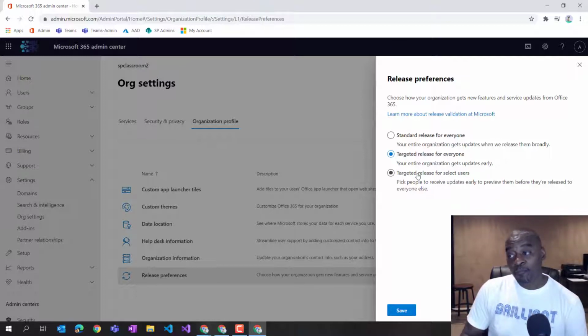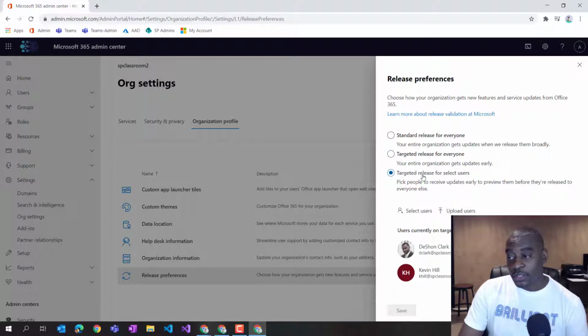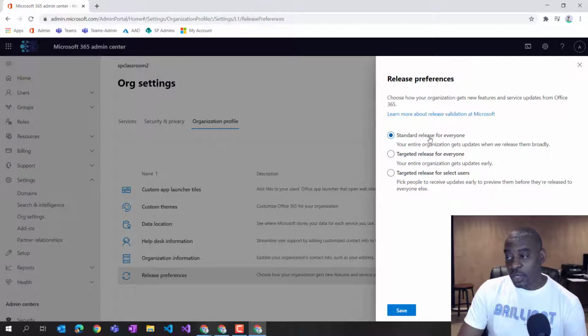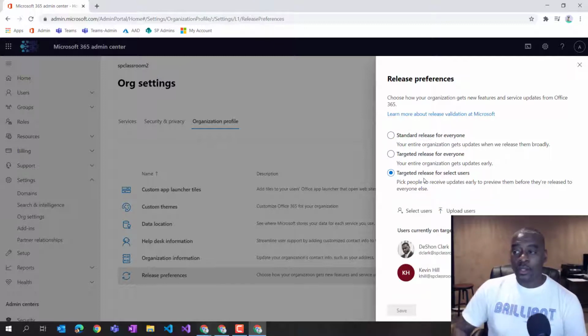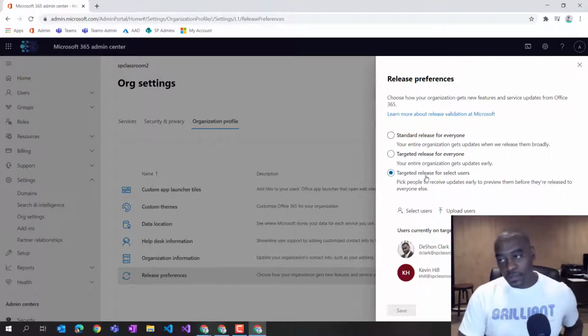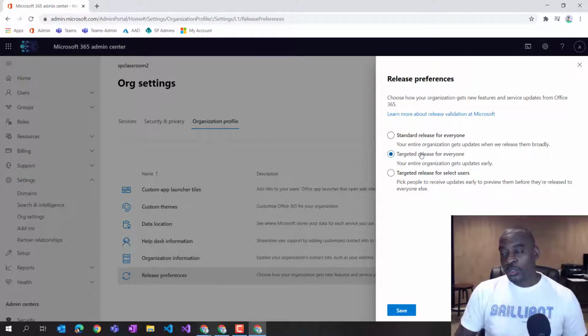But for production, this is maybe one of those things that you want to take a look at, right? Because in your production, you're going to be set to a standard release, but maybe you want to cherry pick and say, hey, here's a global admin, or here's a SharePoint admin, or here's a power user that always wants to be on the bleeding edge. These are the users, when possible, you give them the new features and capabilities, but for everyone else, give them the standard release. But for your non-prod, the one that you want to get ahead of the game,